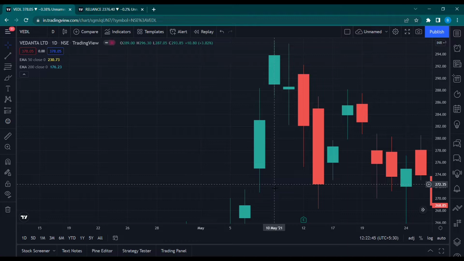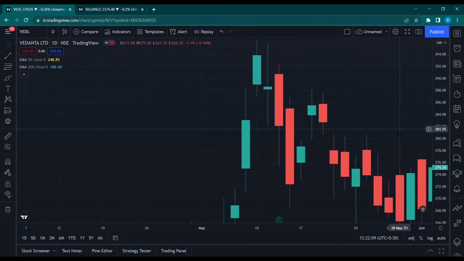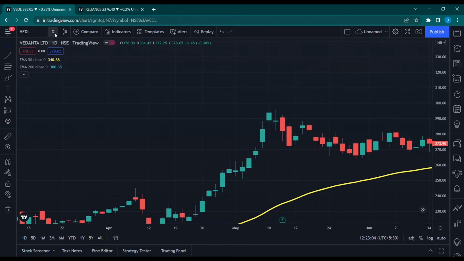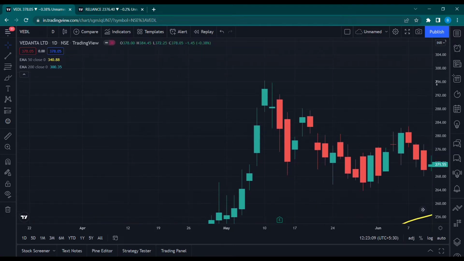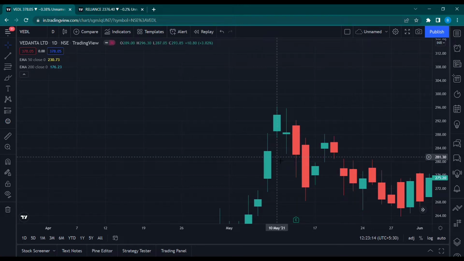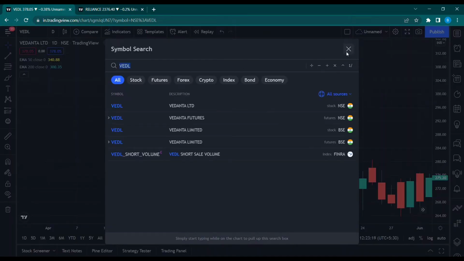As you guys can see on my screen, this is the website of TradingView. In TradingView you will be able to analyze all the charts and detect the price fluctuations here. This is the number one charting platform when it comes to analyzing charts. See here, I have selected the daily time frame. If you are swing trading in the Indian stock market, daily time frame is the best time frame to work with. So this is Vedanta Limited, this is a stock, right?